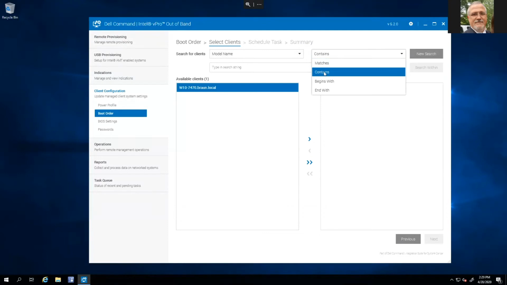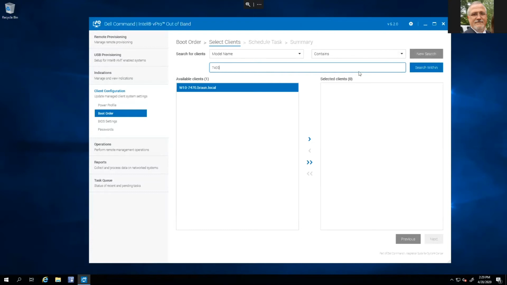We want a model to contain, let's say we only want to go to 7400s. We can search, and you see I don't have any of those right now, which is why that disappeared. So my model happens to be a 7470. When I select that, here it is. You could also incidentally go by